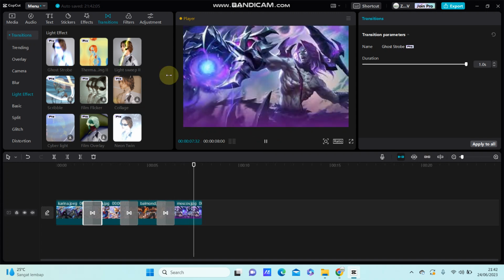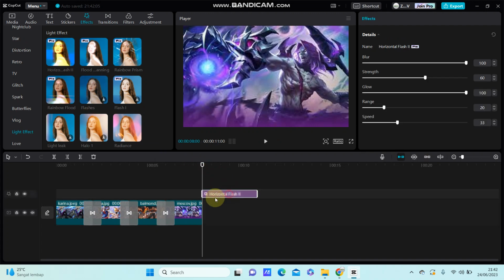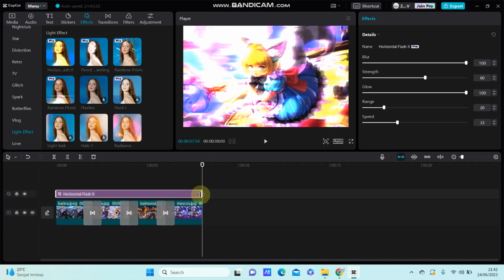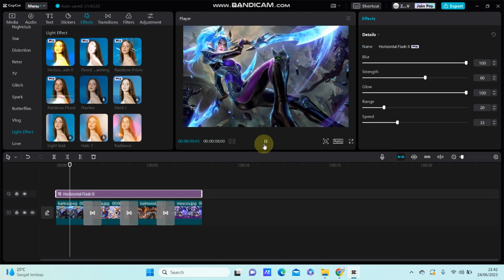That's it. You can also add an effect, select horizontal place to see the final effect you have on your